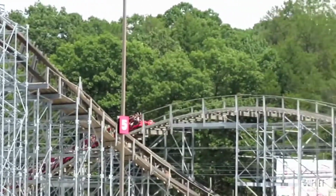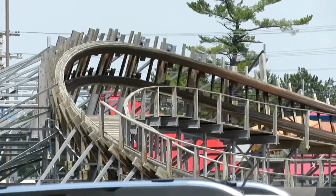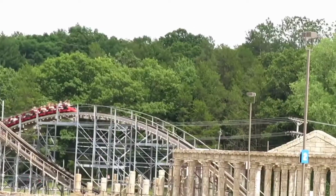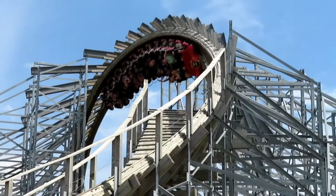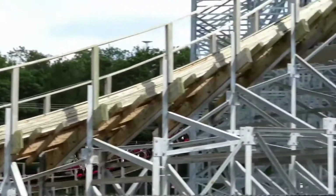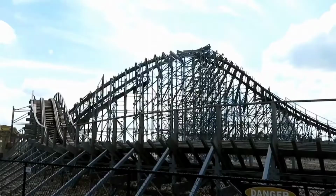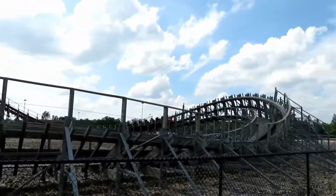After the overbank turn, the drop in the return underground section has a great pop of airtime, and after that underground section, which is very similar to the first one, you get a really good double down, which also, as you might be able to tell, gives great air. After that, you get a few more twists and turns, and then the ride has a really high curve into the brake run, which really is kind of a lame ending, but